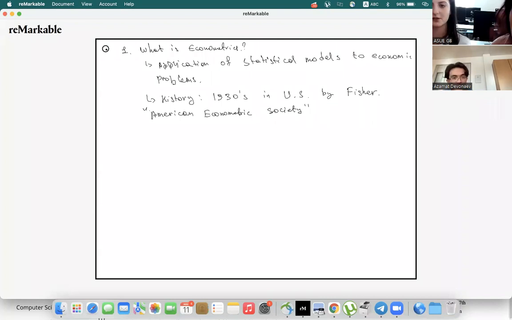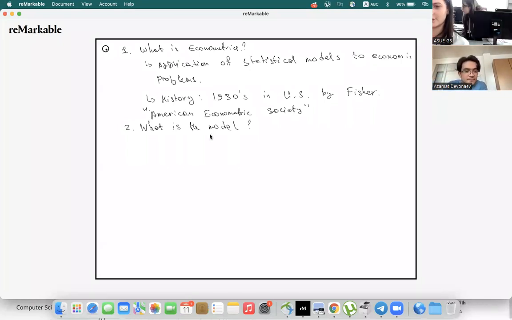So far, any questions? If it's okay, let me move on to the next one: what is the model? And here I would like to ask you, what do you think a model is? If anyone wants to answer this question, please give me some answer. I'm sure that we will get something meaningful out of it. Does anyone have any understanding of what a model is?